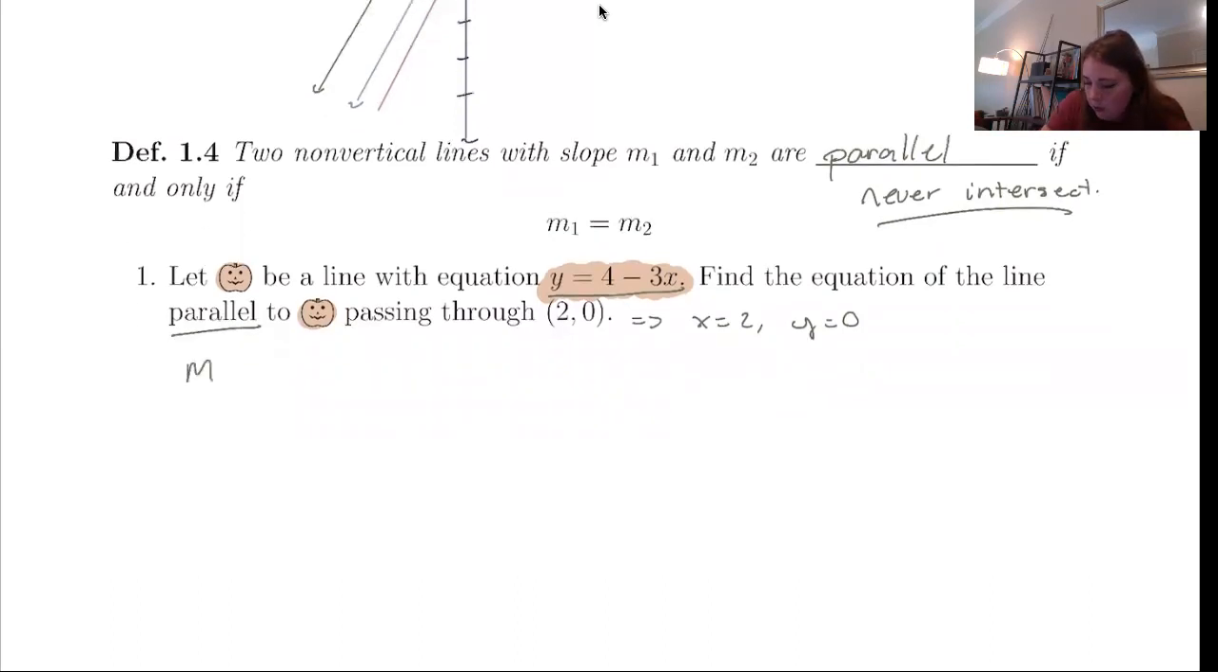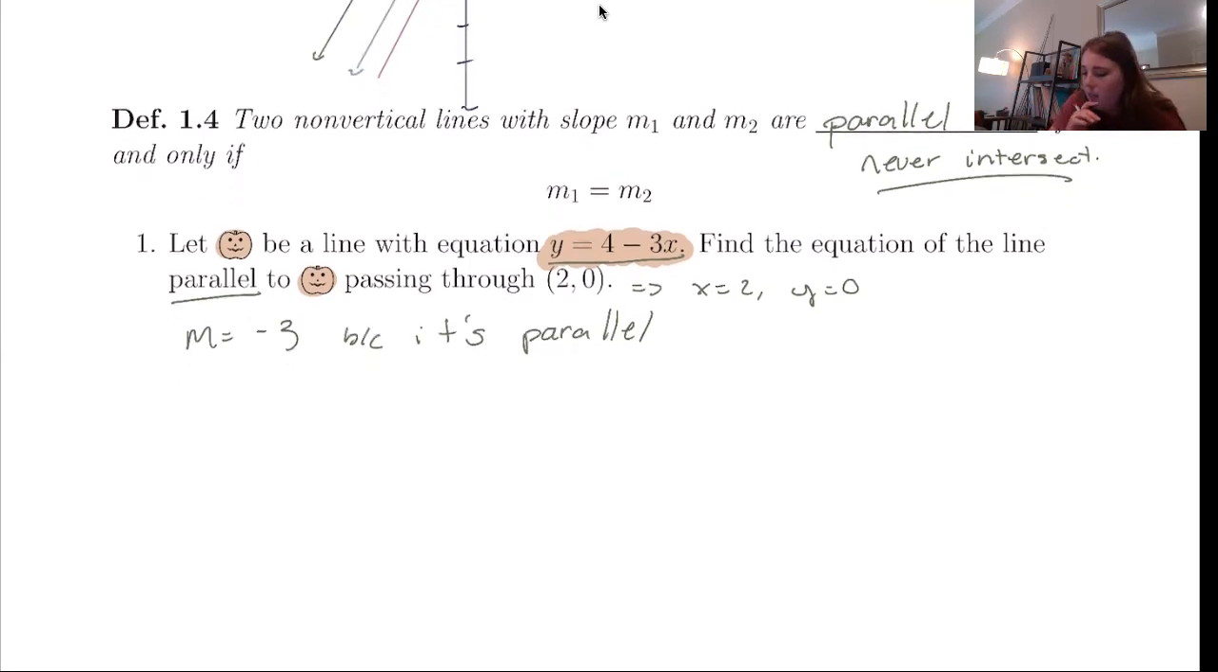So the slope of our new line is going to be -3 because it's parallel. It is parallel. There we go. Parallel has 3 parallel lines in it, all those L's, right? So we know we were using -3, right? And then